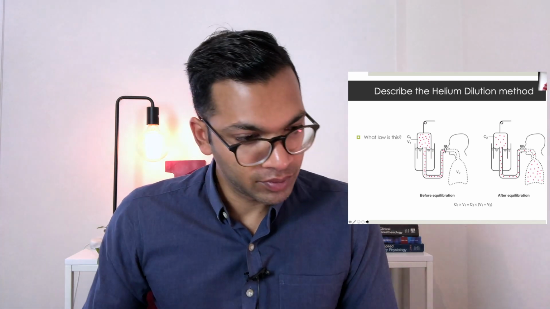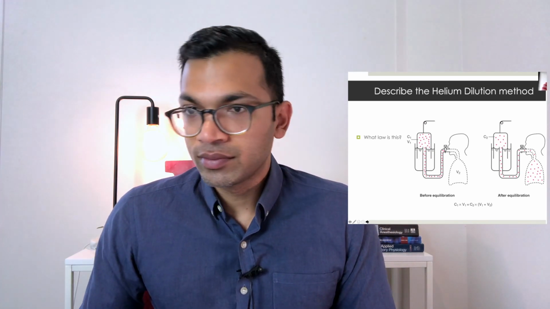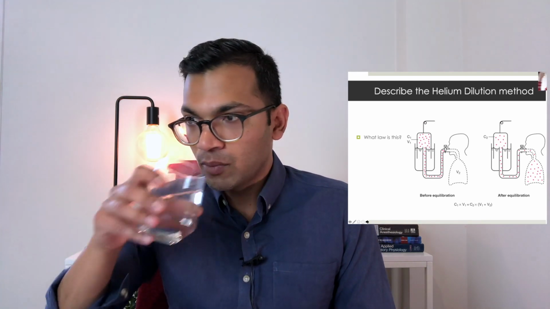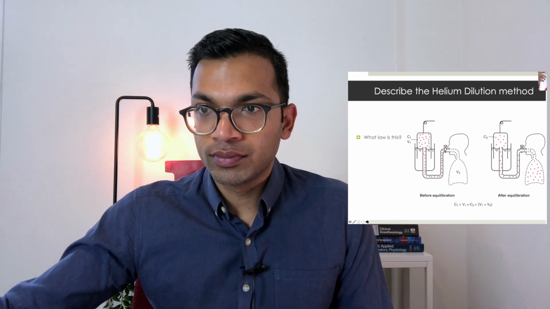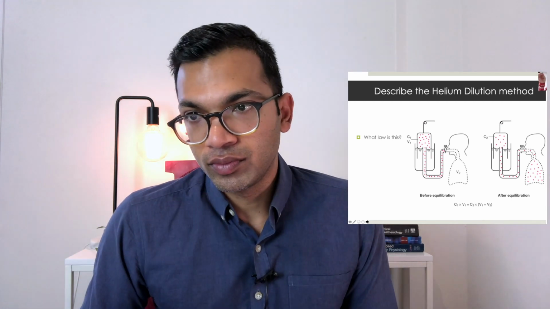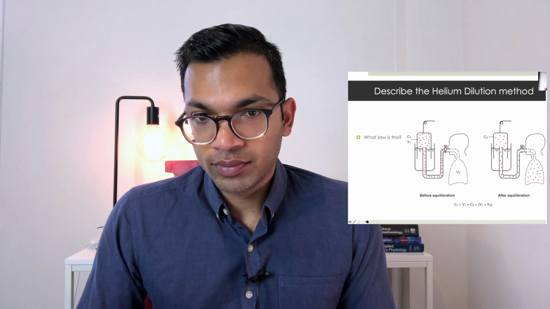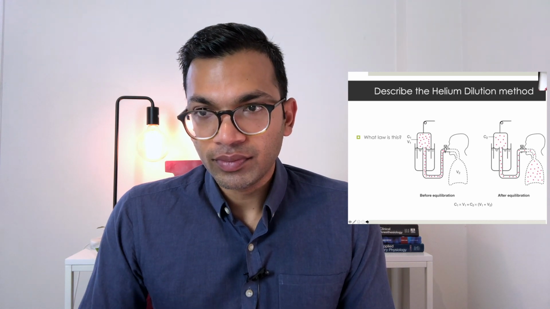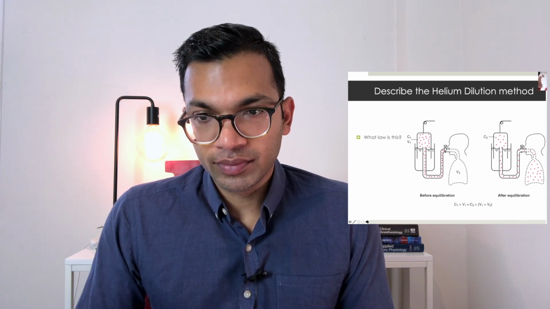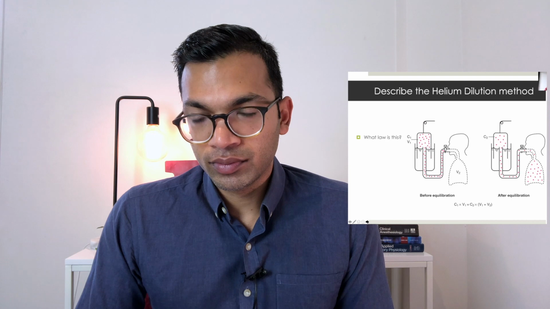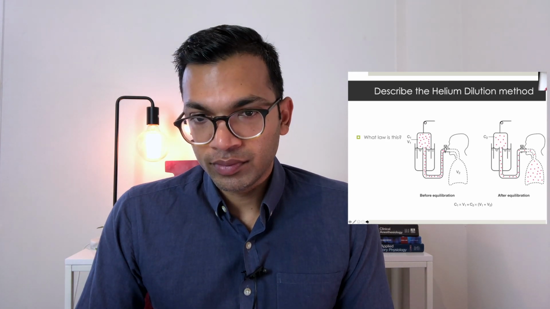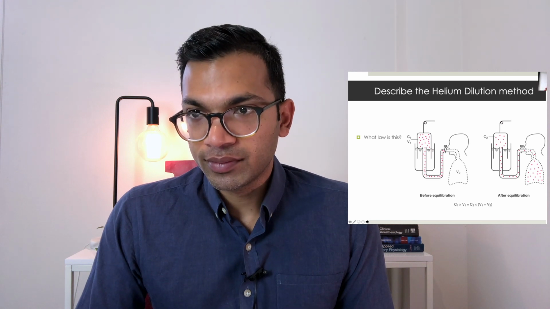And the way you do the technique is that, as Mason said before, you inhale a known concentration of helium, and then you give it a bit of time to equilibrate. I'm not sure how long. And then you exhale at the end of a normal tidal expiration. They will measure the concentration and the volume, so the concentration of helium within the spirometer as well as the new volume. And that way you only have one unknown in the equation, which would be V2. And that would equate to your